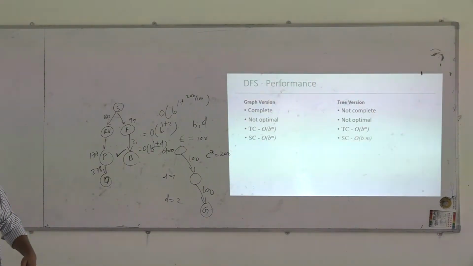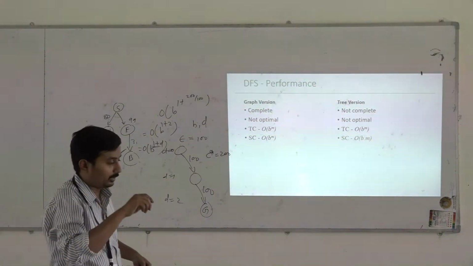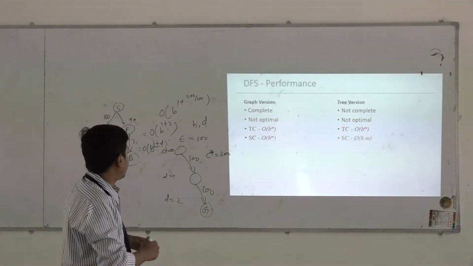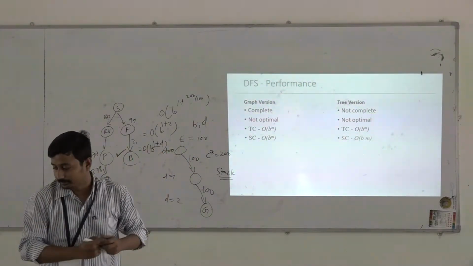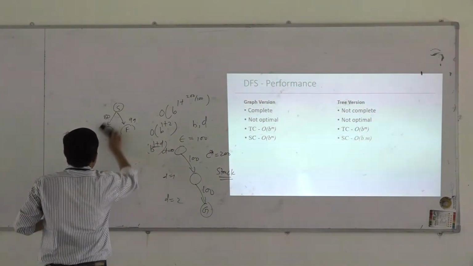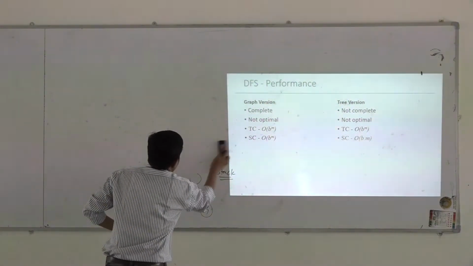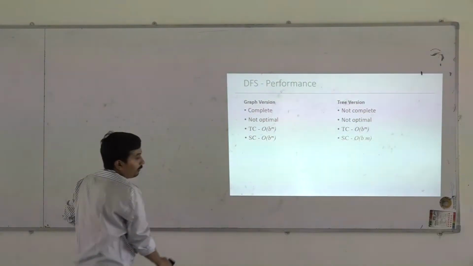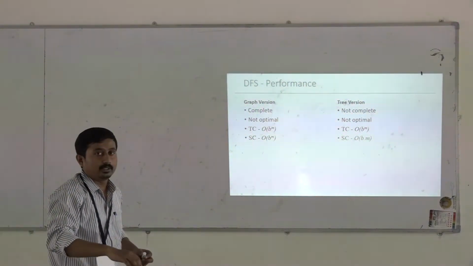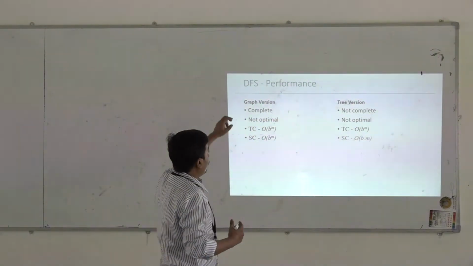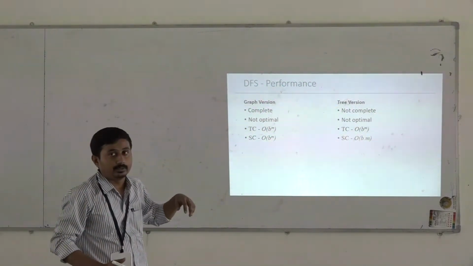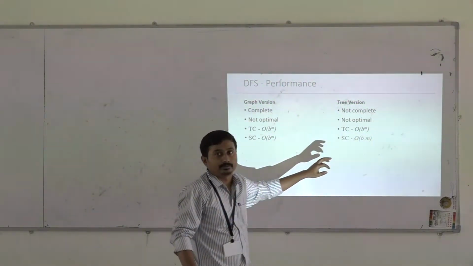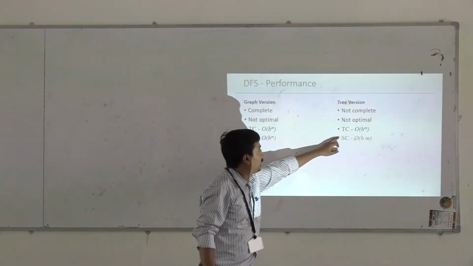Now we don't have a separate algorithm for DFS. It is just like BFS. Instead of using a FIFO queue, you use a LIFO stack, and you will get a DFS algorithm. The rest of the algorithm is the same. As we have seen, for every algorithm we can have two versions, graph version and tree version. Now we are interested in the tree version, as in the tree version of DFS we get a linear space complexity.